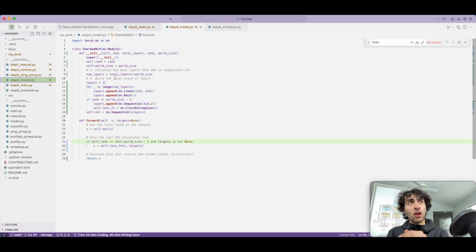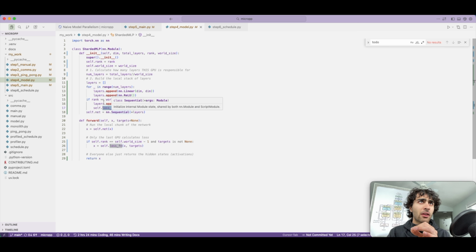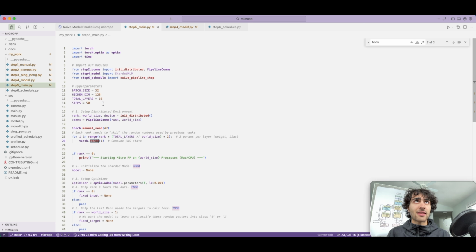So every single time we're going to do a for loop essentially from 0 to 3. And then of course the last layer we add the classification head. Where is the classification head? Right here. But in any case, what I'm trying to say is that the random number generator will only reach 4 in the sharded instance, whereas it will go all the way up to 16 for monolith and 8 for the first 8 in the part 1 of manual, and then from 8 to 15 or whatever for the second part. And for a random number generator, this is actually a difference maker, which is to say you need to